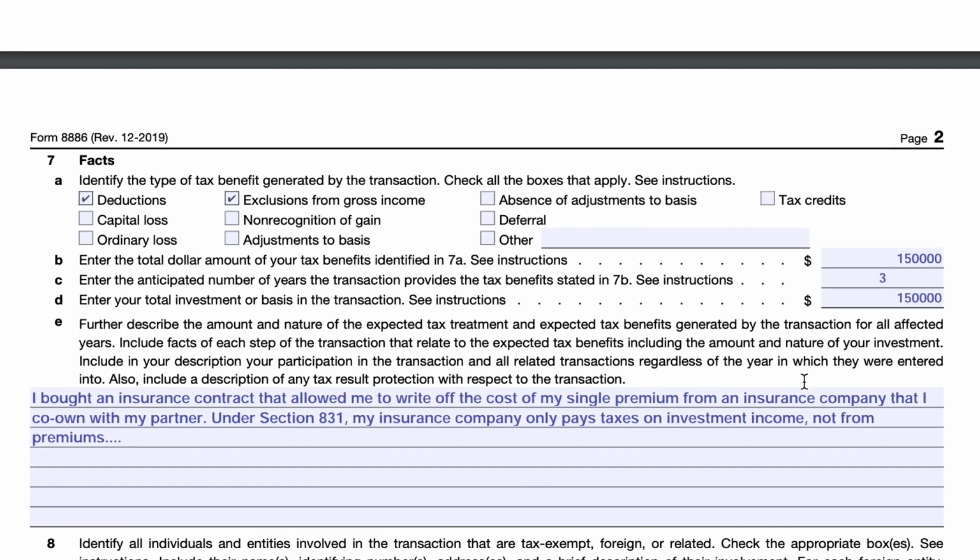And then we're going to get into the facts of the case. So this is probably where your ordinary individual taxpayer needs to let their CPA or tax attorney do the heavy lifting, because it's easy to fill out the form, but it's not so easy to understand what information you should be completing the form with, and where to get that information. So in this case, basically a microcaptive